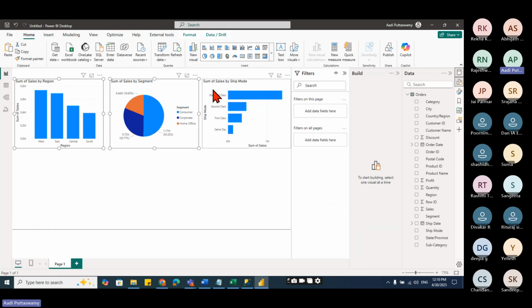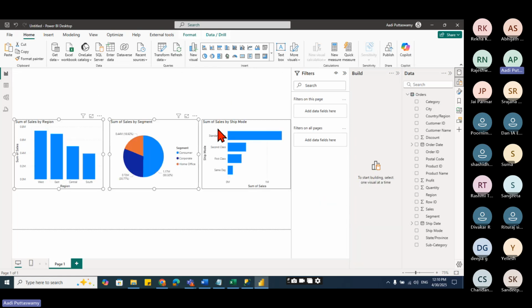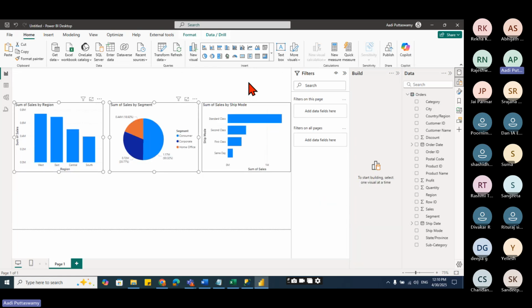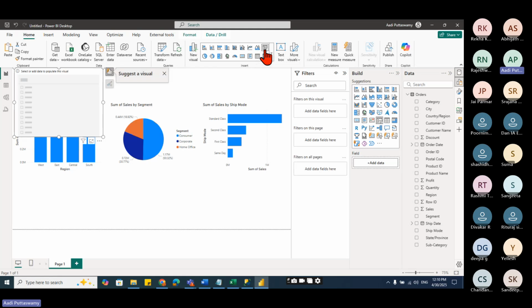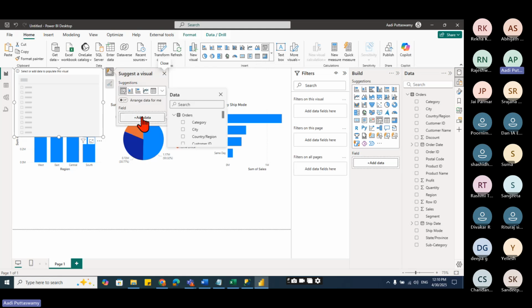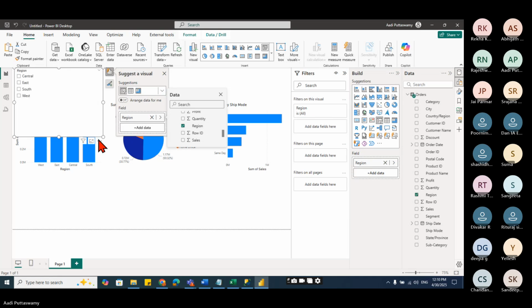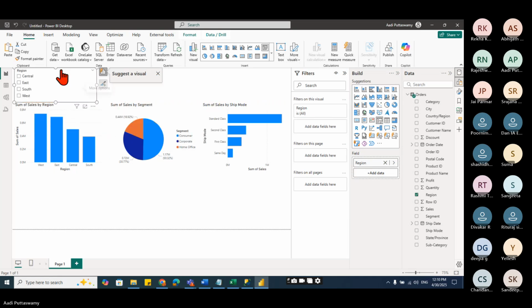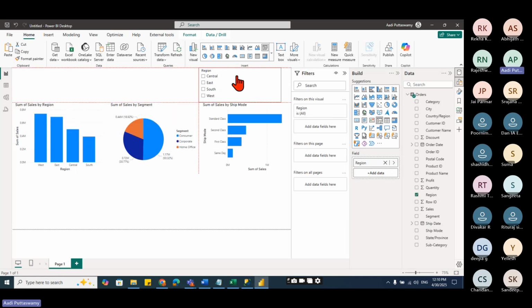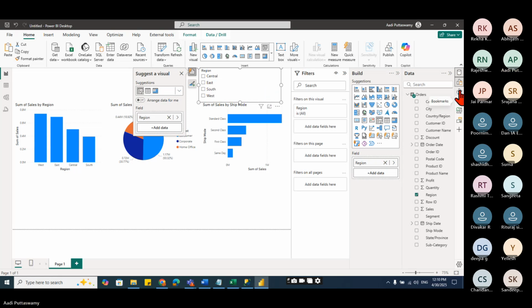Let me just take this little down here, and what they'll do, they'll put one slicer here. Let's go here, slicer, and then I'll say add data. They'll take this region data. They'll keep it here, or if you think that you want to change the format of it, let's go here. Format.